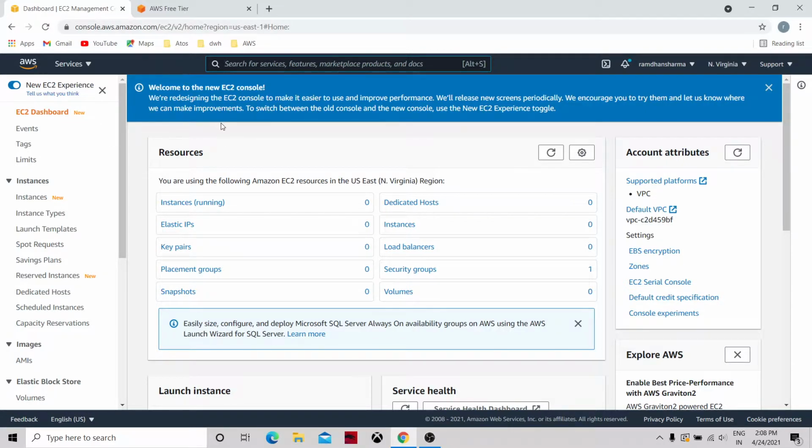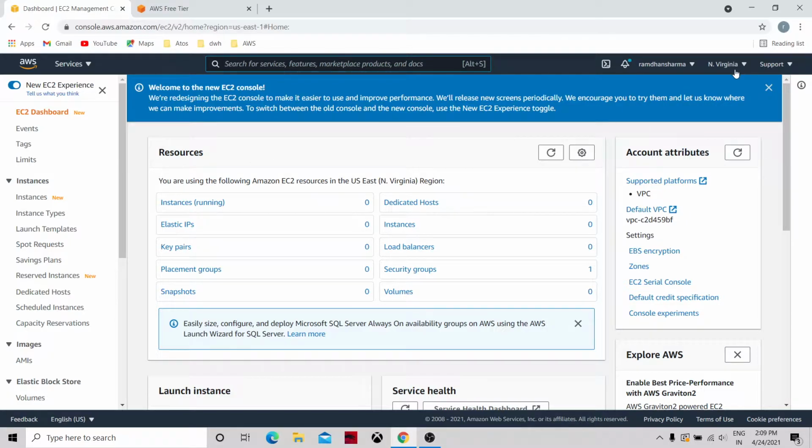So this is the EC2 dashboard. In the dashboard, you can see various sections, resources. In resources, there are various concepts, various things which we will go through one by one.